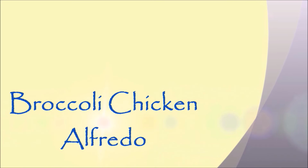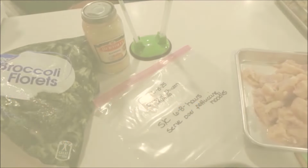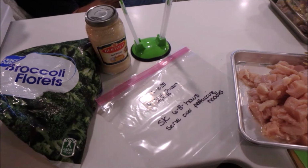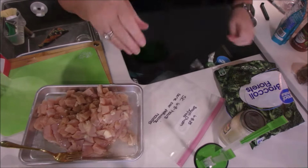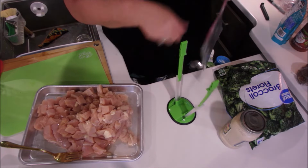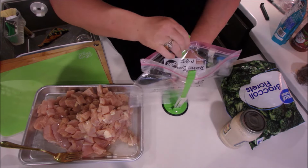So you're going camping and you don't want to worry about dinner. Pack that crock pot, make these freezer meals, and enjoy your vacation. First up, I have a broccoli chicken Alfredo, and you just put your ingredients in the bag and put it